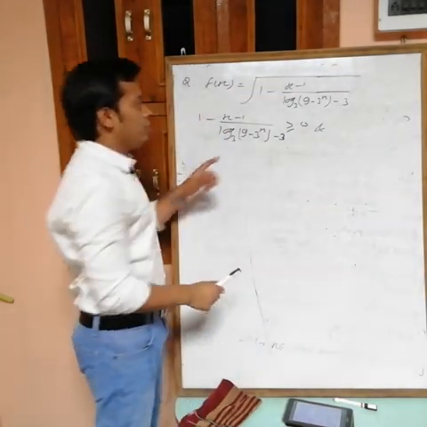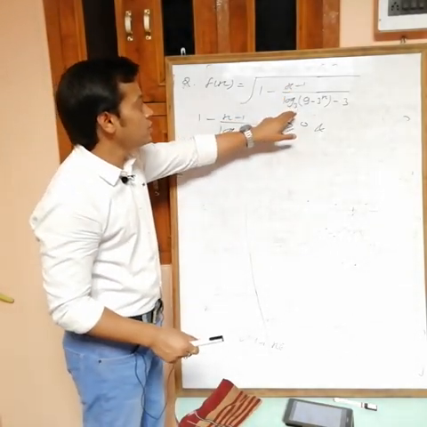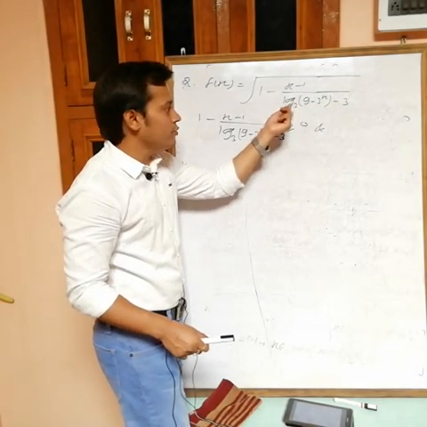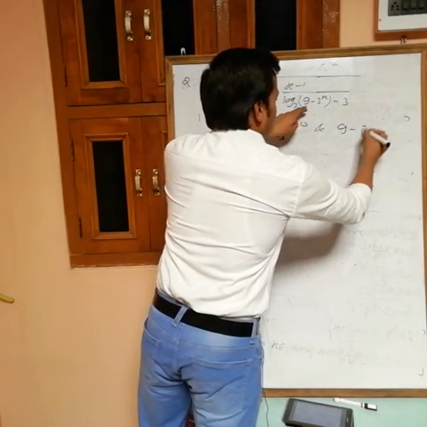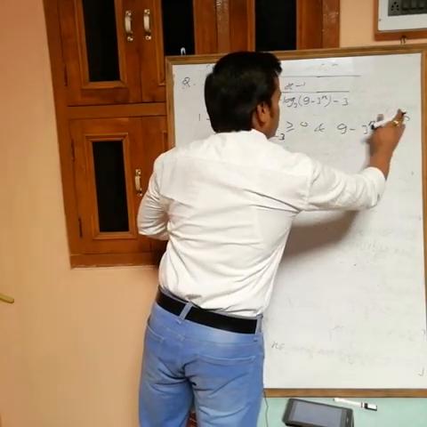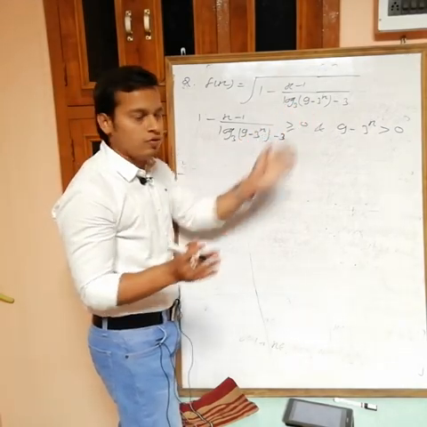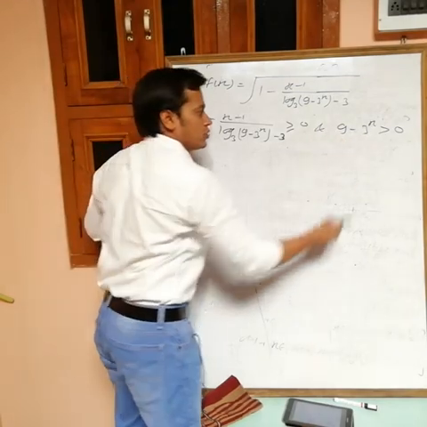Now the condition for this one: there is no condition with respect to x here. The condition for the logarithm is that its argument must be greater than 0, because logarithm is only defined for positive values. So 9 minus 3 power x must be greater than 0. Can I take equals to 0? No, log 0 is minus infinity, you can't take it. So first this one is simplified, and I have to solve this one.